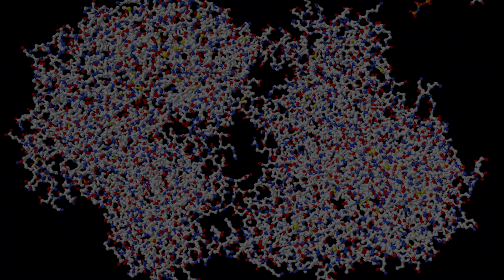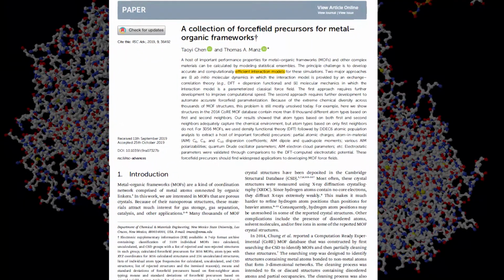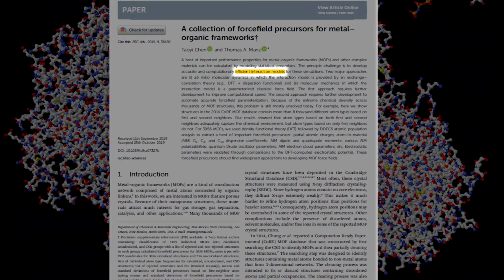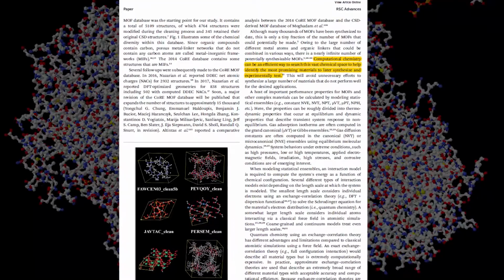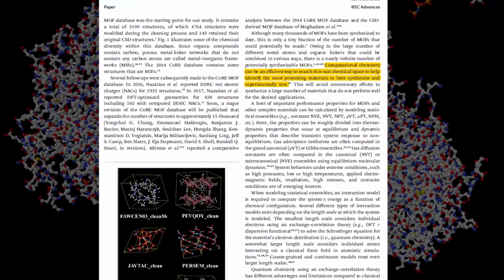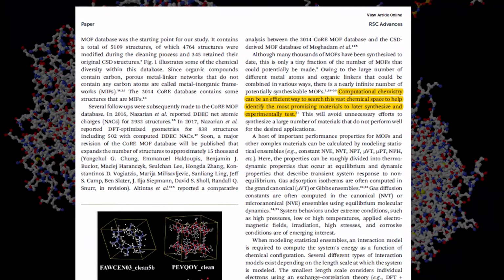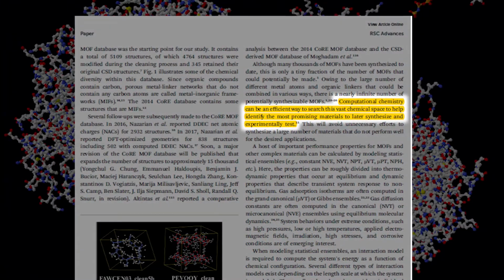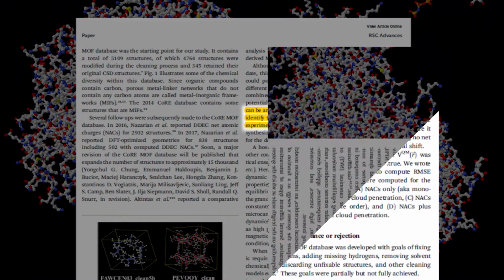The following are examples where the DDEC-6 method has been used to obtain NACs. In a recent study, researchers have developed interaction models for metal organic frameworks, MOFs. Since there are several thousand of MOFs that can be synthesized, it is desirable to use computational screening to identify which of these MOFs is predicted to work best for a specific application. This allows experimental testing of a small number of materials which have been identified through computations.